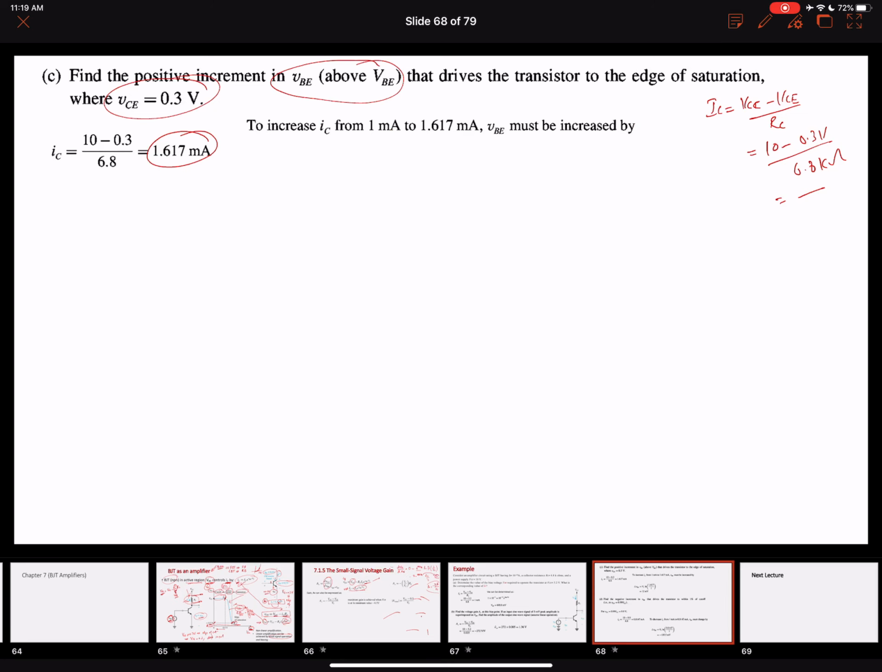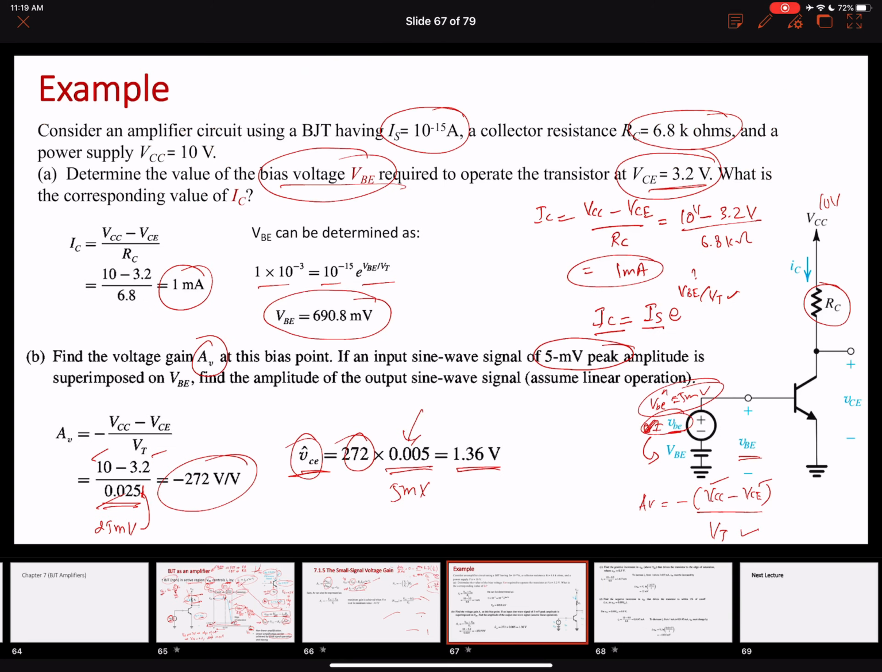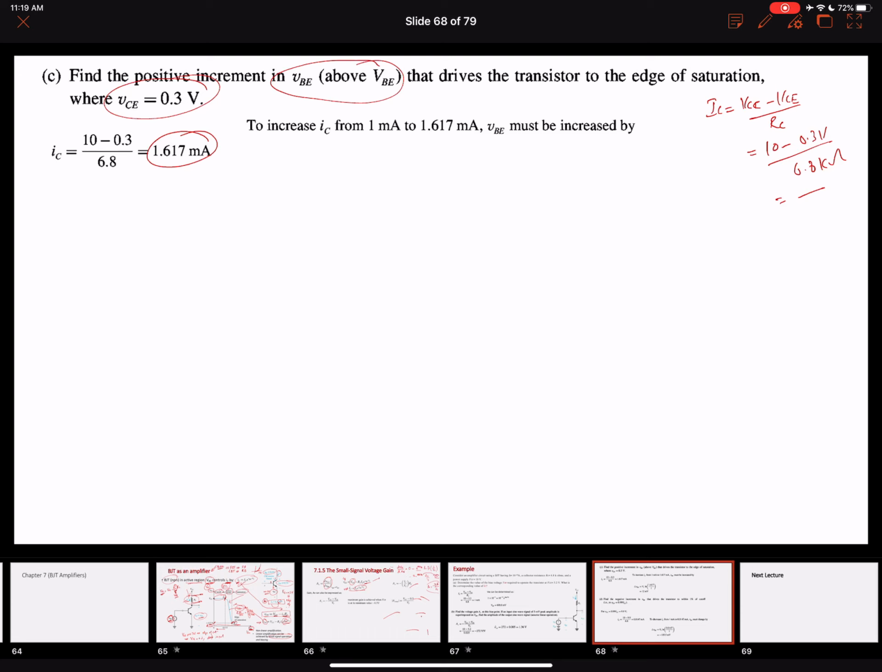Initially, in the first part, when our VCE was 3.2 volts, our collector current was 1 milliampere. What we are interested in finding out is the change in the value of VBE when our collector current changes from 1 milliampere to 1.7. If you remember the diodes lecture,